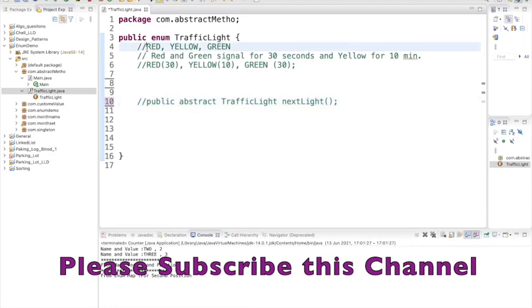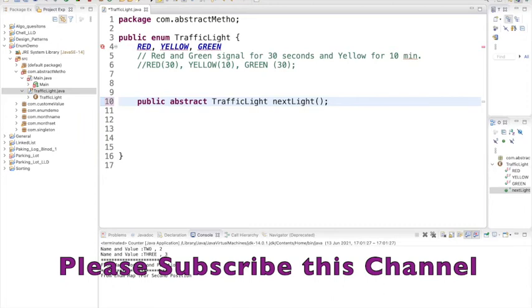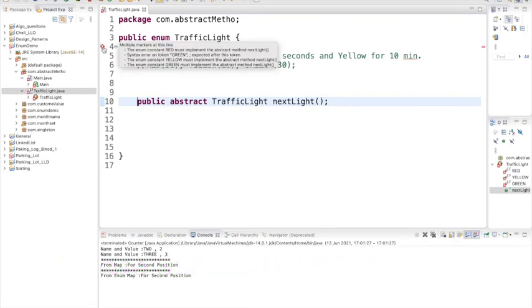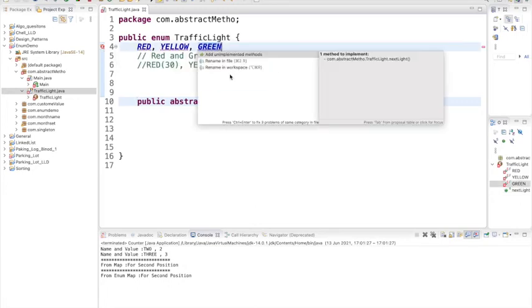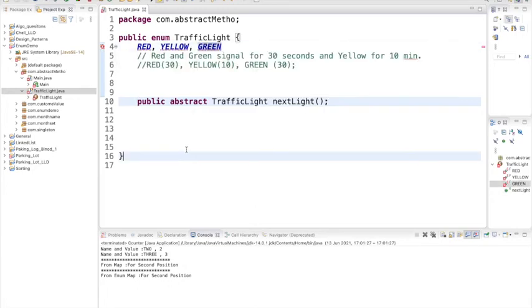So we know I can do this, right? No problem. I can make one enum, I can pass the 3 variables. This also we know. Now if I want to pass a parameter, we can also pass the parameter. Suppose now we have the one enum and I want this method, this next write method, with all the objects. And now the moment I enable this code, it is giving an error. What is it saying? That for this object I have not defined this method. If you see here, it is showing that we have an unimplemented method. So it is saying you have to implement this method.